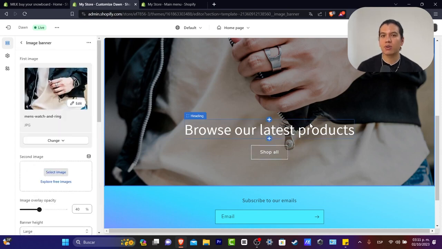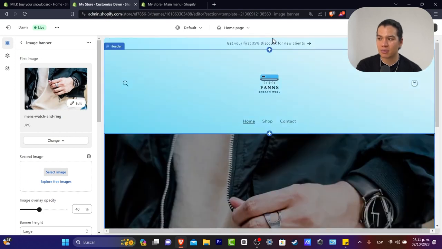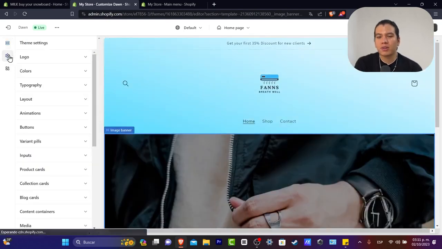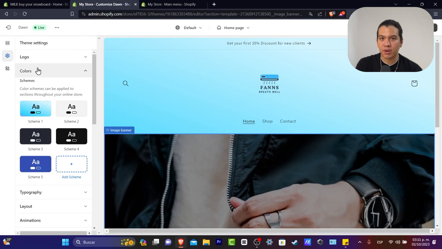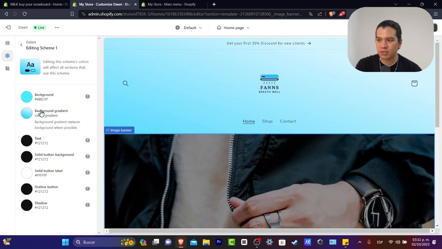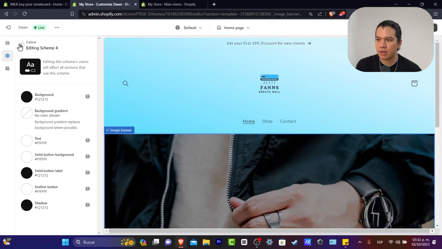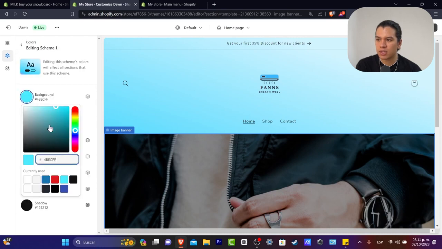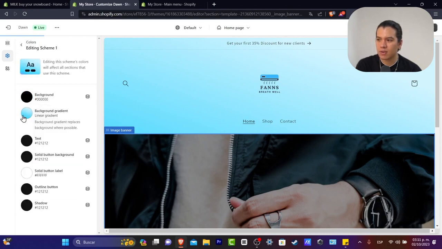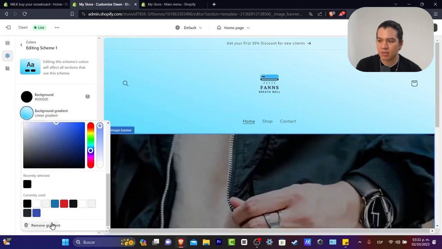As you are editing or choosing the right banner, you can see that sometimes you might want to change the actual colors or the typography of the sections of your store. So usually what we're doing here is to just focus on, let's say, scheme number 4. And we have the actual background, or just focus on something like this. And the banner gradient, I'm just going to leave this or delete it,